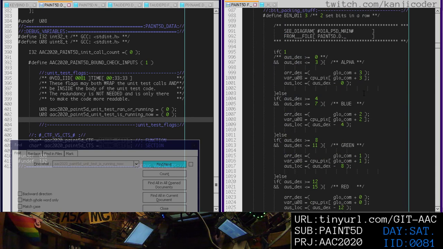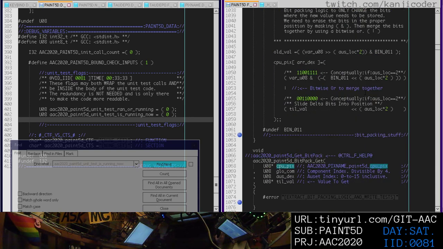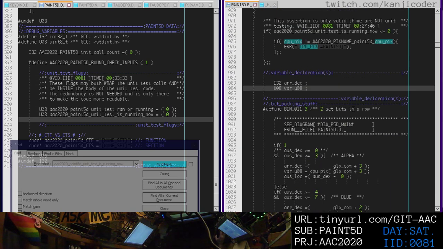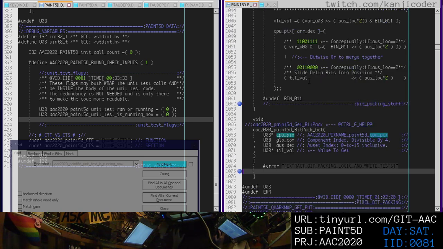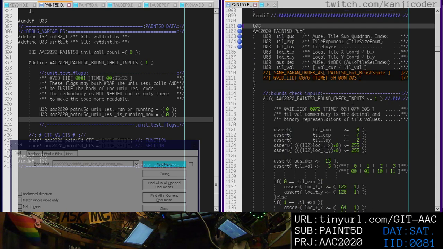We actually have to call this somewhere now. If we've gotten all of this correct, which I don't know if we have, this is the bitpack put. So let's go look for where we need to use this. Here's our put function,